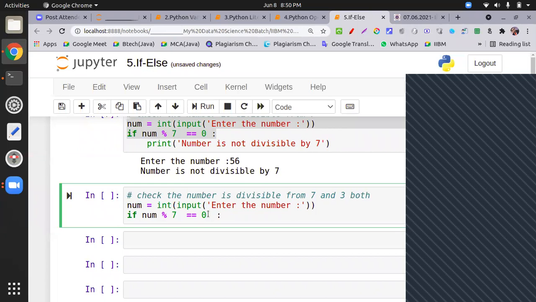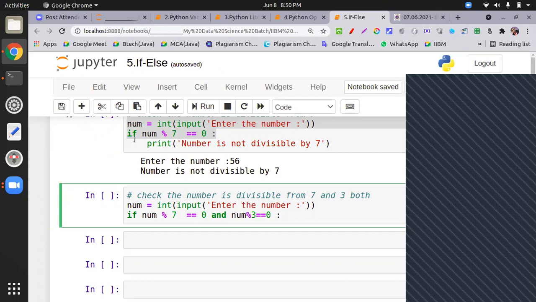If num modulus 7 equal to 0 and num modulus 3 equal to 0. Okay.